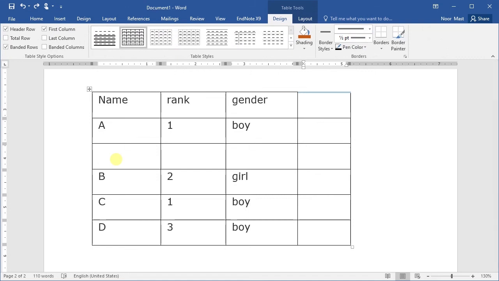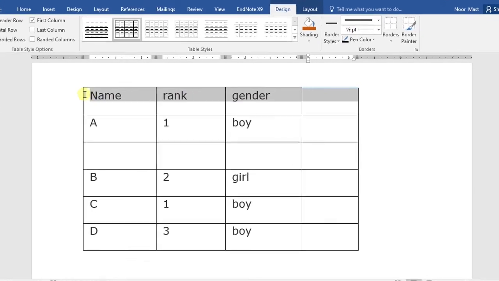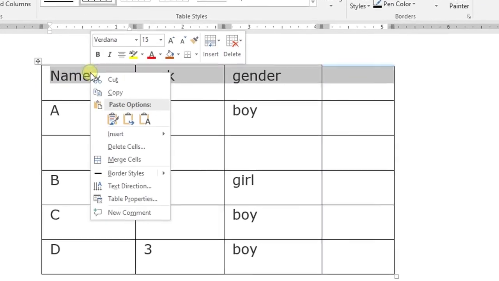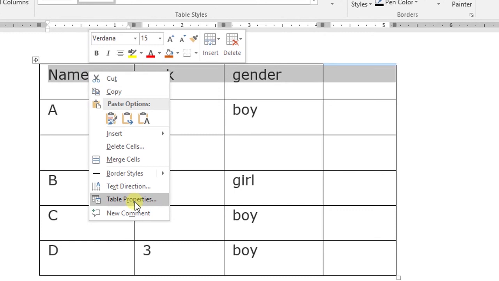Sometimes it will not be possible to fit your table on a single page, so it will appear on more than one page. In such a case, you will be interested that the top row appears as a header on each page. To apply such a command, select the first row, then right click and select table properties.